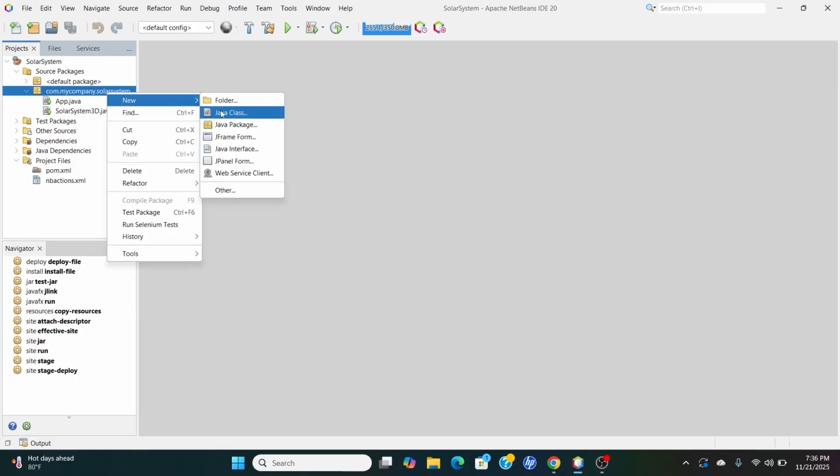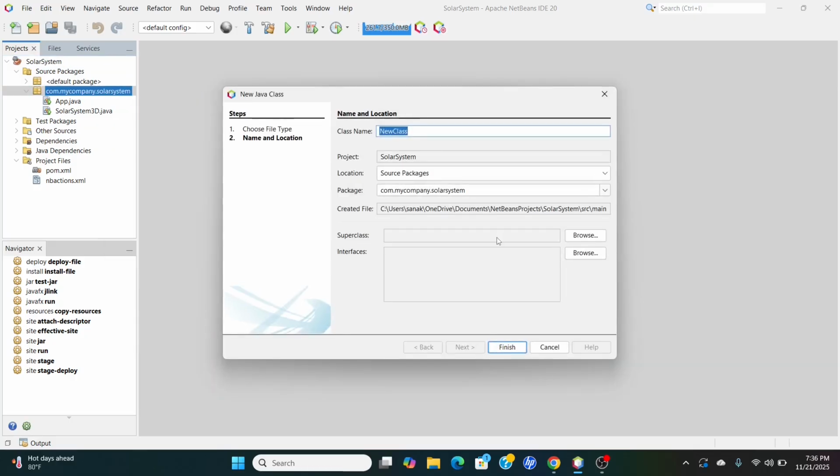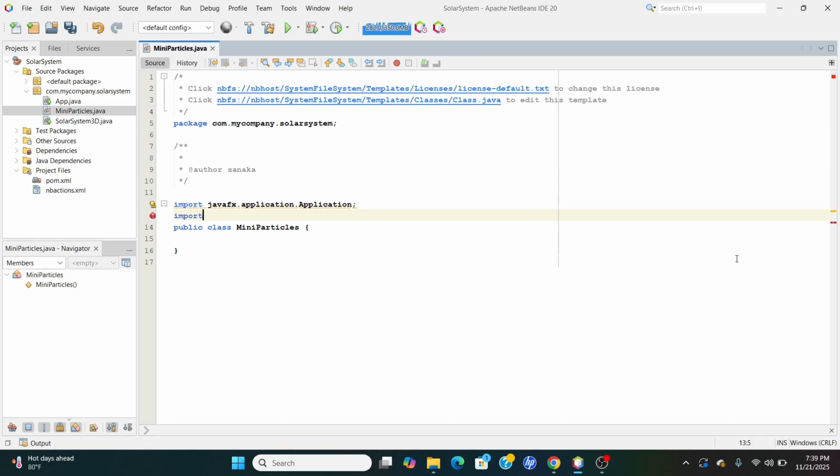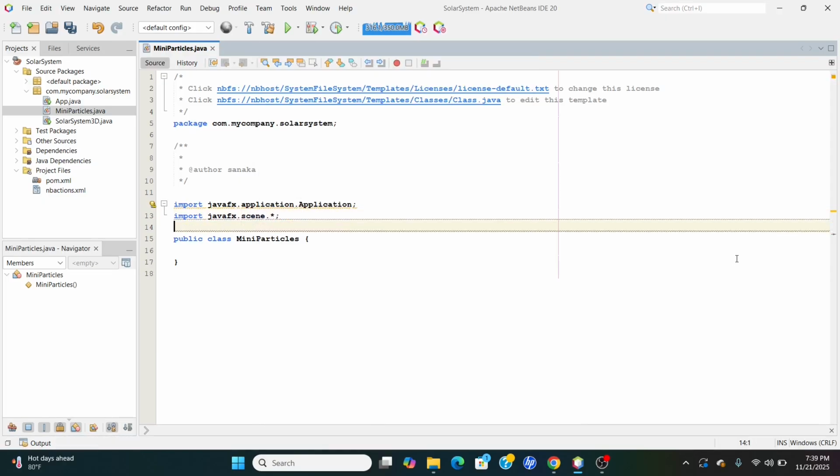Let's jump right in. Before we start building our mini particles animation, let's take a moment to set up everything we need from JavaFX. We start with JavaFX application. This is the backbone of every JavaFX program. It gives us the structure to launch our app and define what happens when the window opens. Next, we bring in the scene and group classes from the JavaFX scene package. The scene is essentially the world or canvas where everything gets displayed, and the group allows us to organize visual